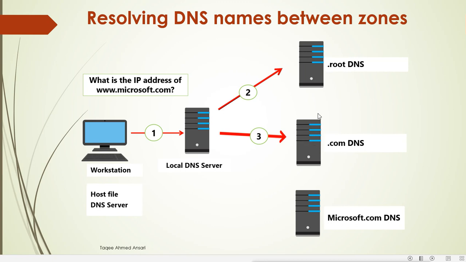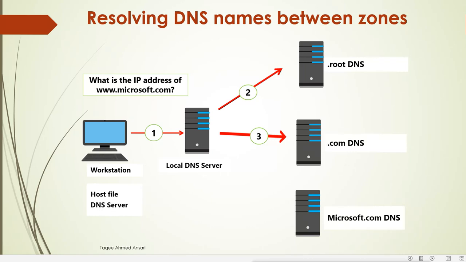So what information will it have here? The information it has is about the DNS servers of Microsoft.com. That means the DNS server which has the information about the zone Microsoft.com. So this domain zone file is with this DNS server, and this DNS server's IP addresses are registered with that Microsoft domain name in this top level DNS server. So basically, when we register our domain name, the name of the domain along with its DNS servers will be registered here in the top level DNS servers.